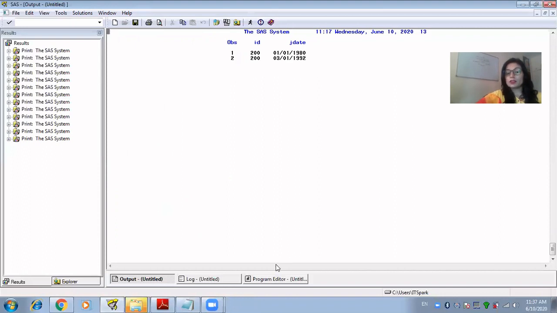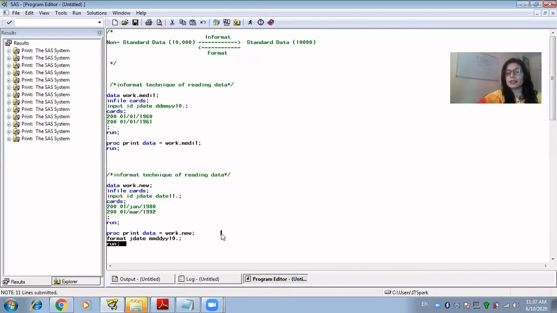So is it possible that while you read this data, we can write MMDDYY here? No, we cannot. Because we have to read the data in a similar format to that which has been already given to us. Once it has been converted as a standard one, it has been stored as a numeric value in SAS. Now it's up to you how you want to read this and how you want to convert it. But while reading this, you have to pass the exact same information.